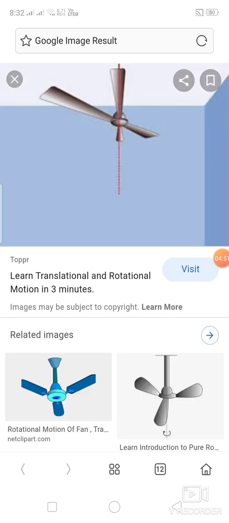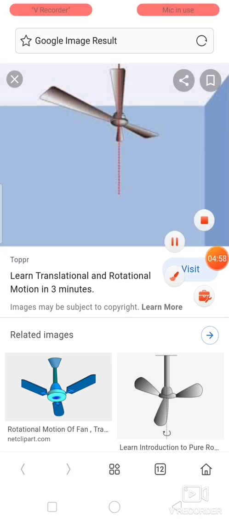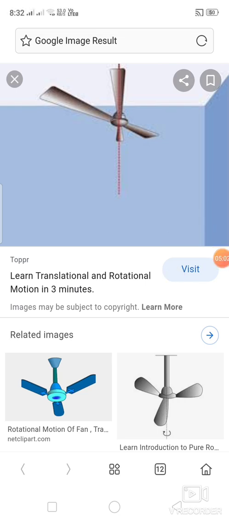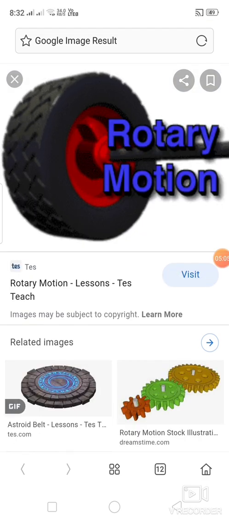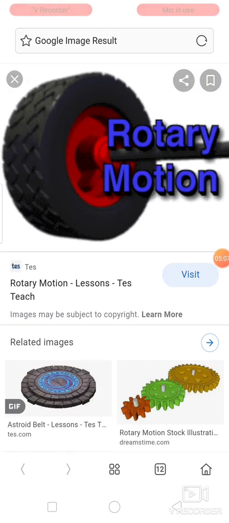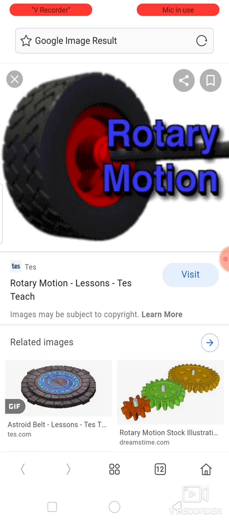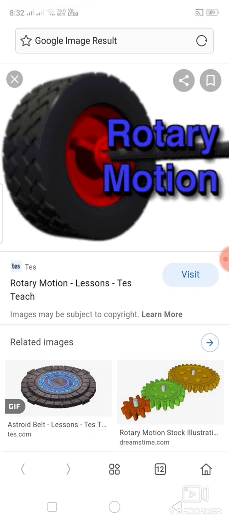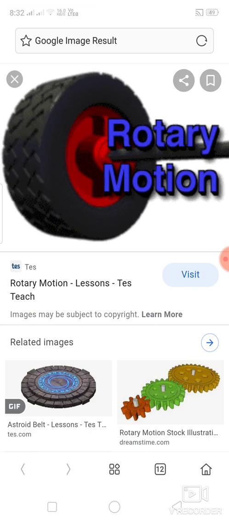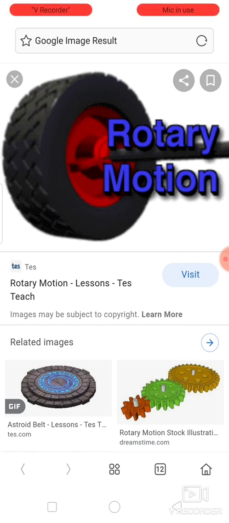This is rotatory motion, the motion of a body about its own axis. The fan is an example for rotatory motion. The earth is also a very good common example for rotatory motion. See another example for rotatory motion. All the objects rotate on one axis. Earth has two kinds of motion. One is rotatory motion, another one is revolving. It revolves around the sun. So both kinds of motion apply to the earth. Here the picture depicts the rotatory motion alone.